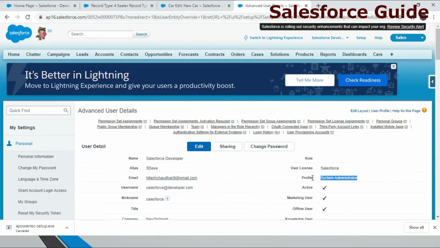You can see my profile is system administrator and I have made the record type so that if the profile is system administrator, it should only show the 4-seater values.